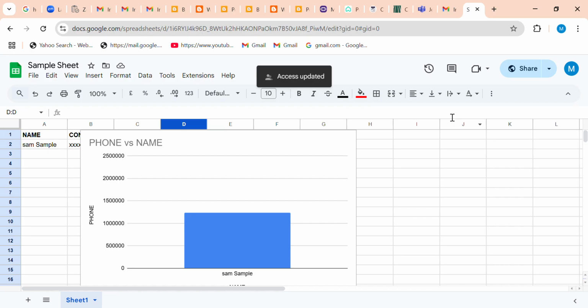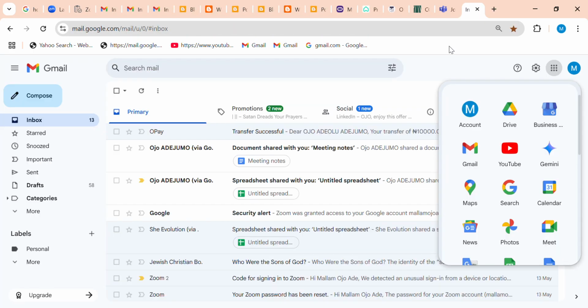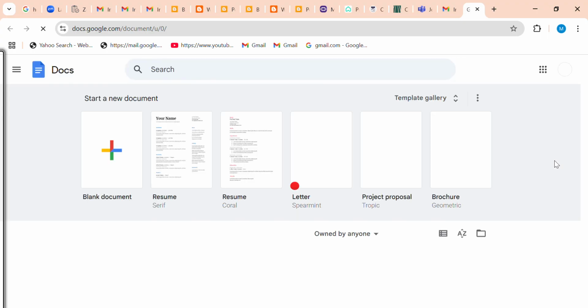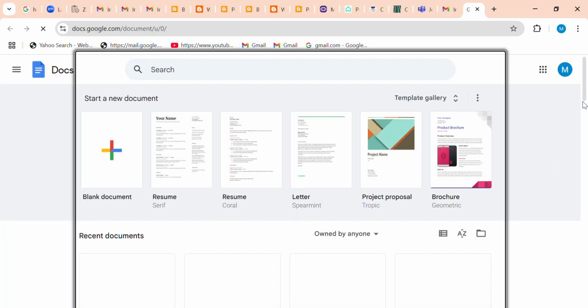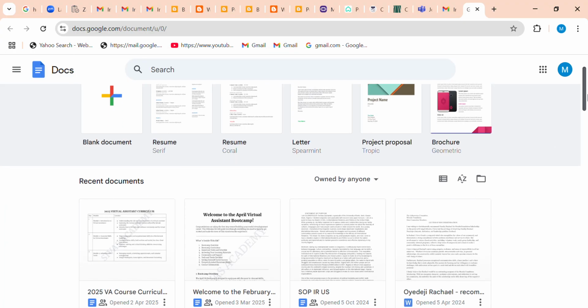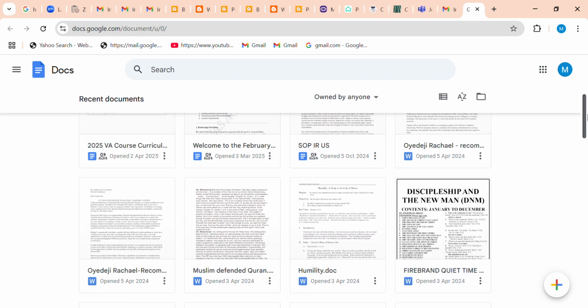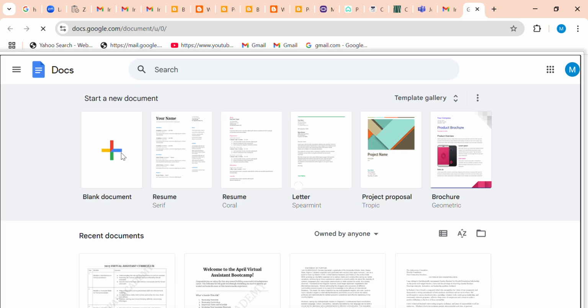All right, so that's all about that for Google Sheets. You can keep trying to know more about it. So let's move to Google Docs. Like I always tell us in this VA mentorship, Google Docs is like our Microsoft Word that we are used to. So let's just choose a blank